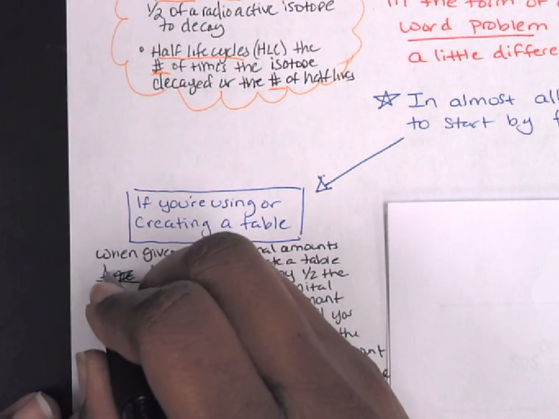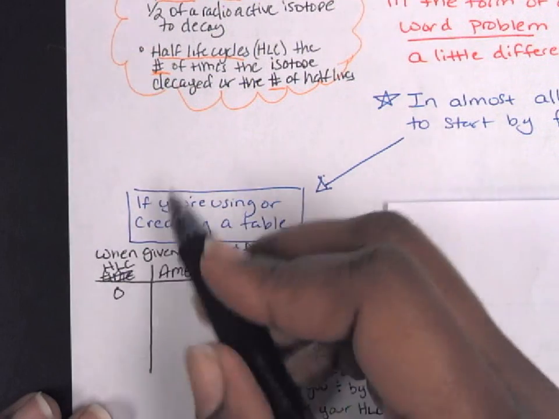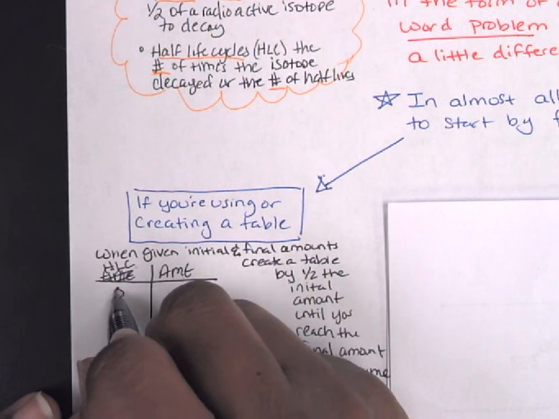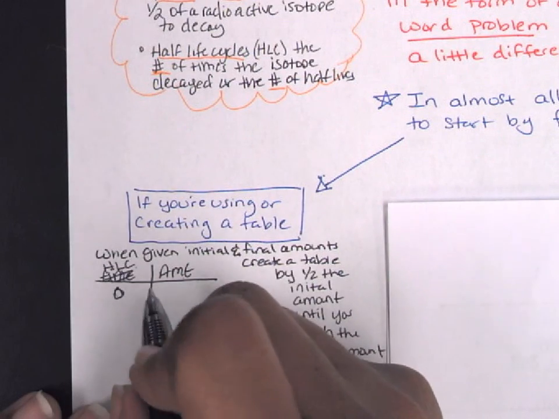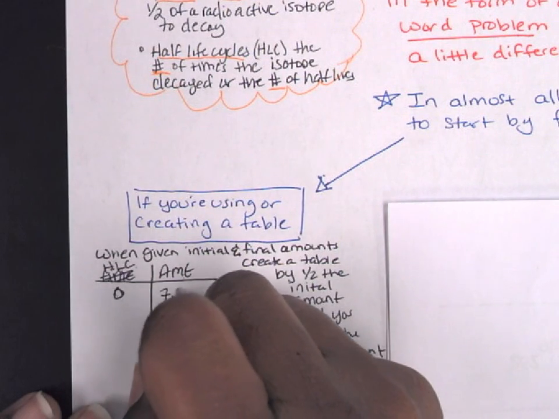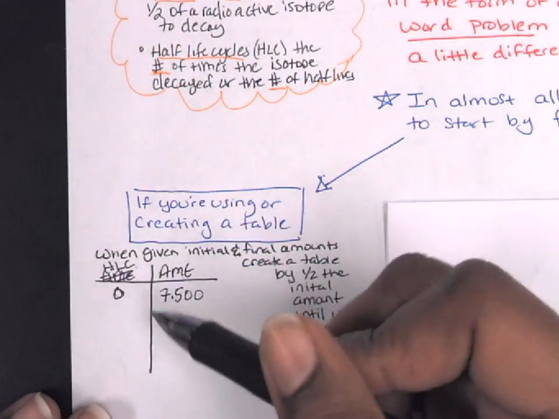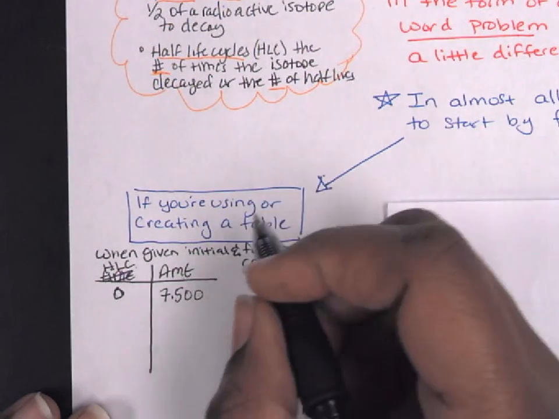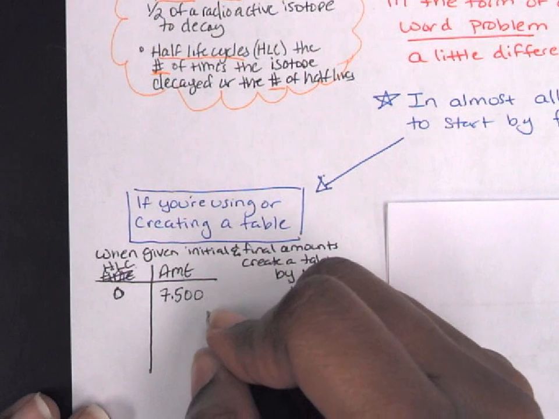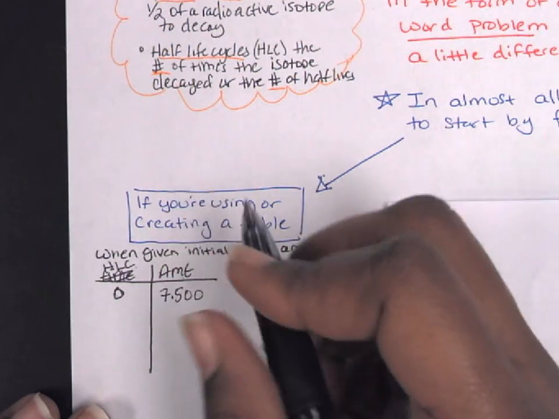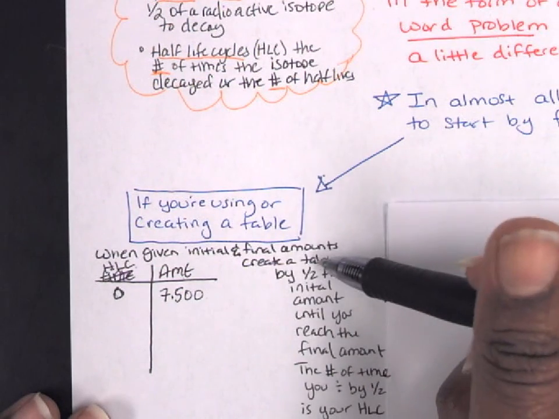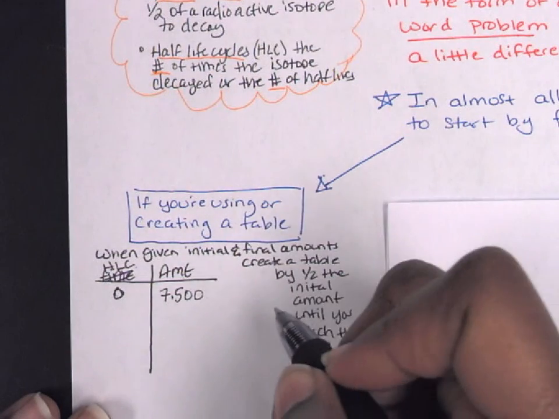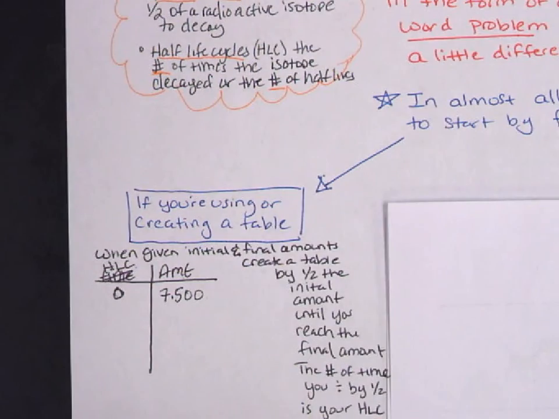And in fact, we're going to actually change this to HLC. So I should say this should be HLC, half-life cycles, and amount. And you're always going to start your HLC at 0. And then your amount is your initial amount, so 7.500. So I have my initial amount here. Then what I'm going to do is I'm going to keep halving my initial amount until I get to my final amount, okay? So basically you create a table and you keep halving that initial amount until you get to the final. So the final amount that I'm aiming for in this problem is